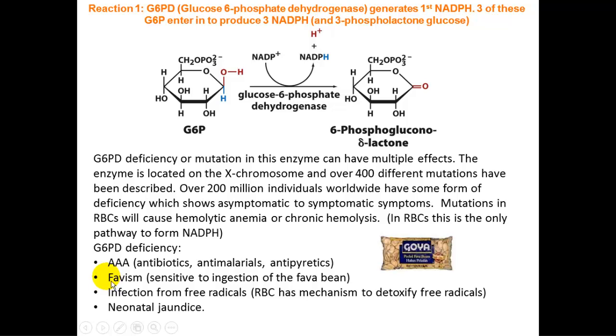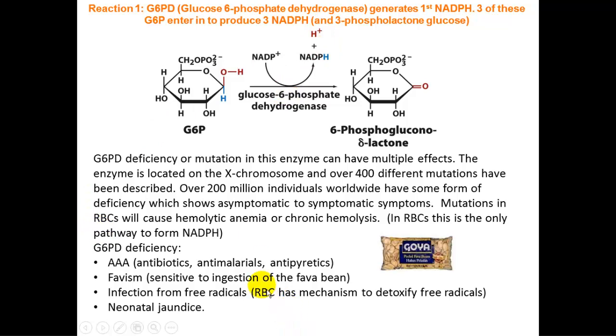One of the more weird forms of this mutated enzyme is this ailment known as favism. Favism is a sensitivity to the fava bean, which is a particular staple in a lot of Mediterranean diets. People who have glucose 6-phosphate dehydrogenase deficiency or bad mutations of the enzyme, for whatever reason, cannot eat fava beans because the ingestion of these beans generates free radicals, and the cell simply cannot handle that because the enzyme that produces